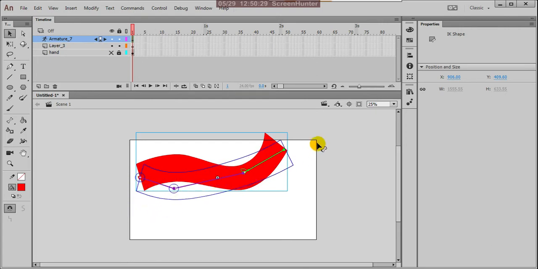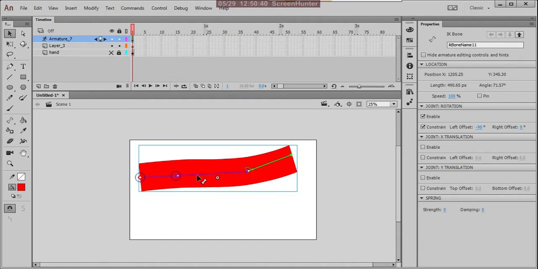Okay, but here the backbone is again rotating 360 degrees. So here also I'll apply the same and give the same value. Otherwise, under joint X translation, you can give the values.